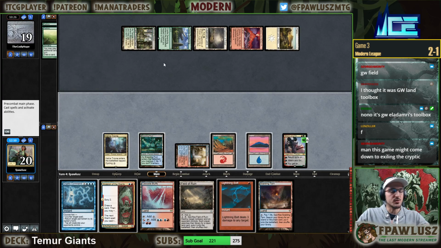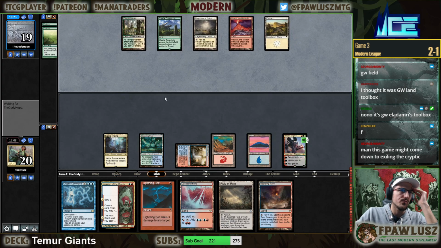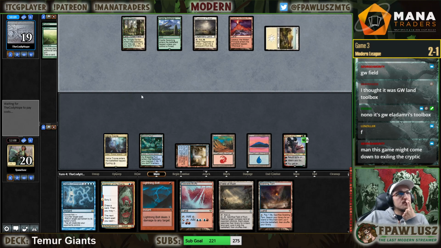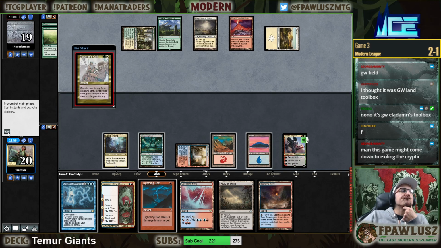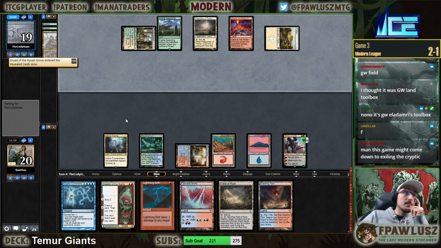Next turn we have Field of Ruin plus Cryptic available. I really wish I had a way to draw a card. We kind of need a way to draw a card here so we can redraw this Cryptic Command. Call. If they have Cavern, they blow me out, but...